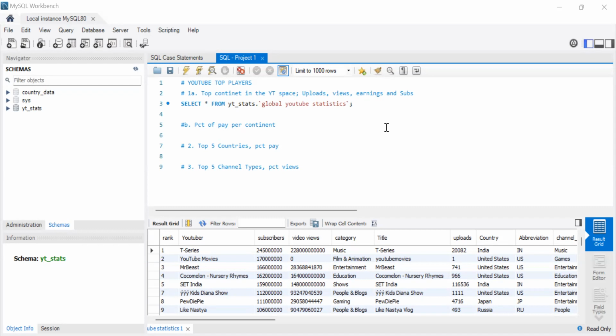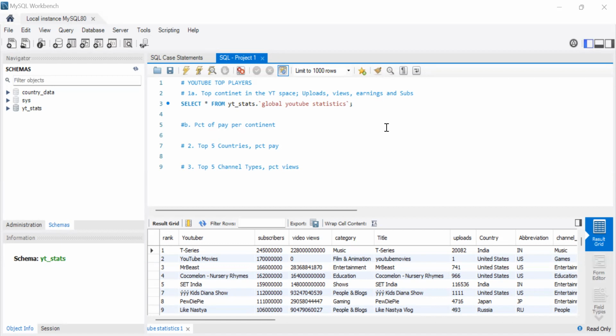So we're going to be using the YouTube statistics dataset. I'm going to link the dataset in the description, so you'll be able to access it if you want to follow along with this project with me. I'll also link this code once I am done. When you go down to the description, probably read a bit about the dataset. This is a dataset I sourced from Kaggle. It's basically YouTube statistics for 2023 from some of the world's top